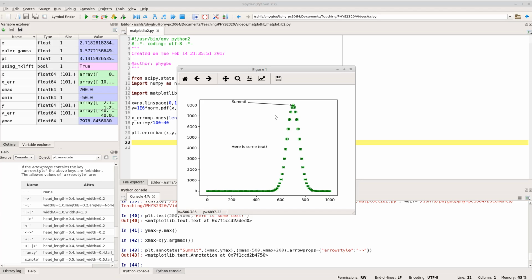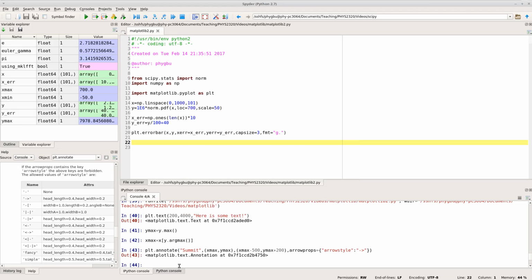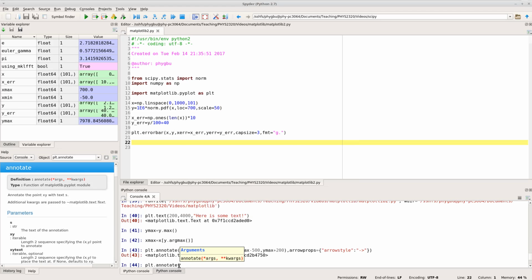And of course you can give it any x, y coordinate you want to. So I could have just annotated a random position at say 500, 3000. So there's nothing special at 500, 3000. It's just a random point I'm picking, and let's put the text in at 600, 2000,